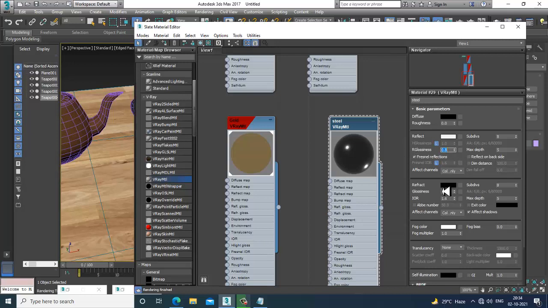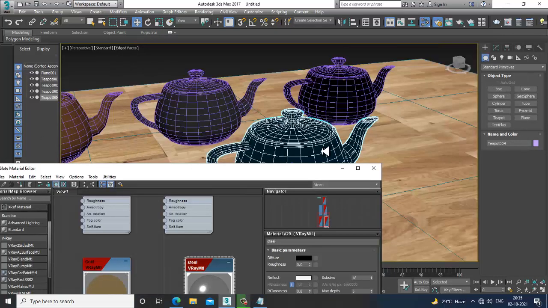Fresnel IOR, I'm going to keep it around 21 over here. Subdivisions, I'll keep to around 18, and max depth to 5. And let's just assign that, and let's see the render.